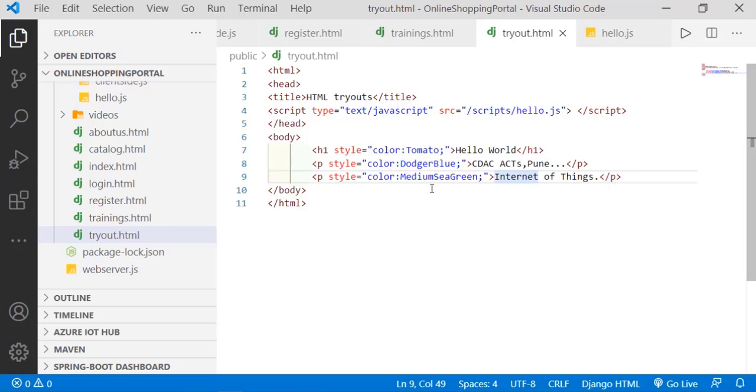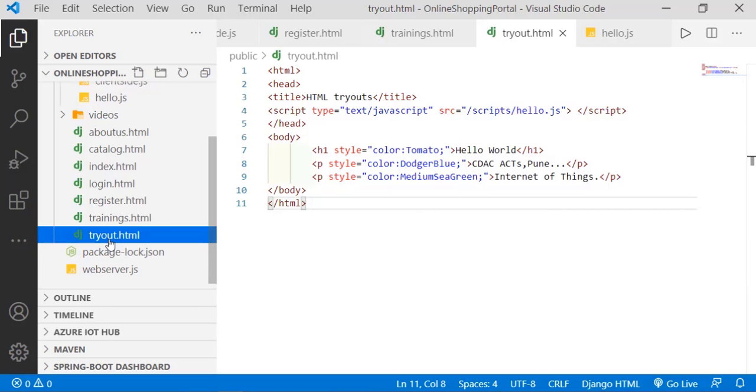So I'm trying to show you inline style. So style is applied. Now once this style is applied, can I see the output? Let me just complete this part. So let us run this application and see what is really going to happen. Oh, let me just do one thing. Whenever the try out HTML file will be clicked, I think we wanted our start page to be which page? Index.html page. So can I go to the index.html file and link this file?